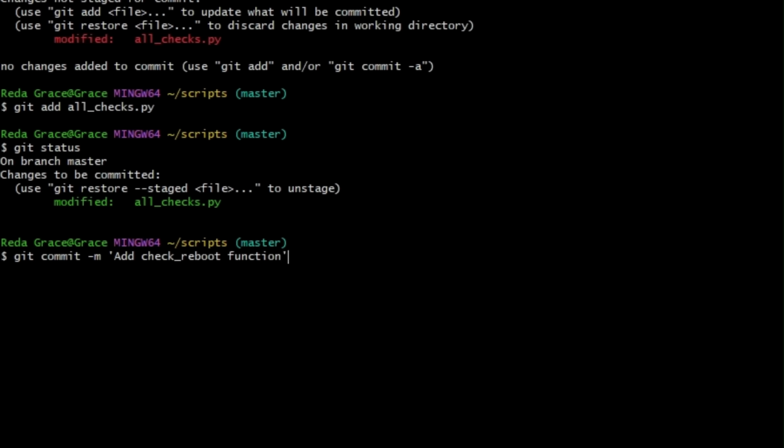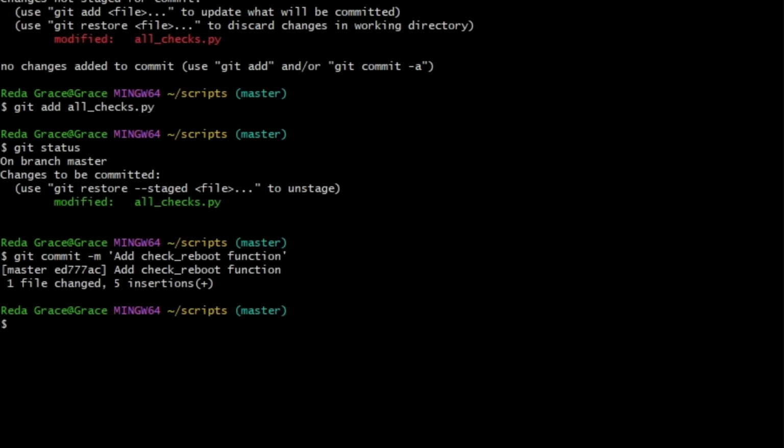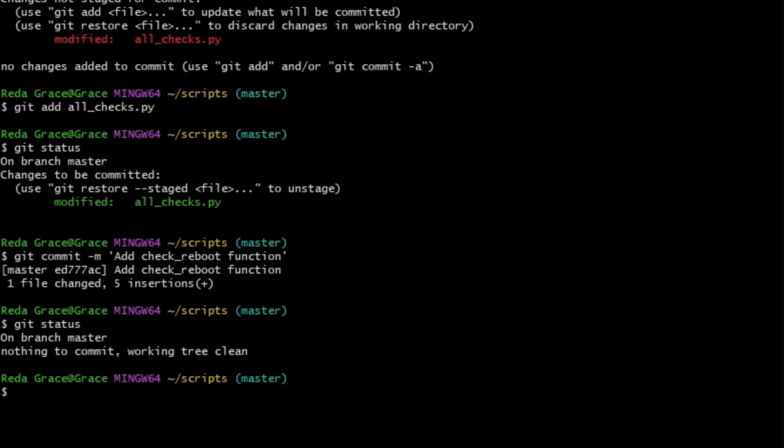So we've now committed our staged changes. This creates a new snapshot in the Git directory. The command shows us some stats for the change made. Let's do one last status check. We see that once again, we have no changes to commit, because the change we made has gone through the full cycle of modified, staged, and committed. With that, we've demonstrated the basic Git workflow. We make changes to our files, stage them with git add, and commit them with git commit. Remember that the only way to get familiar with these concepts is practice.